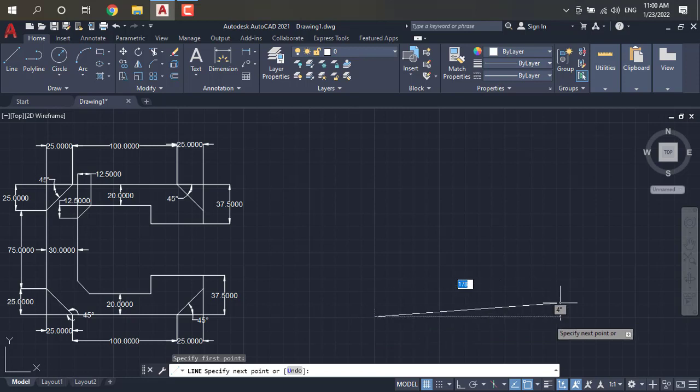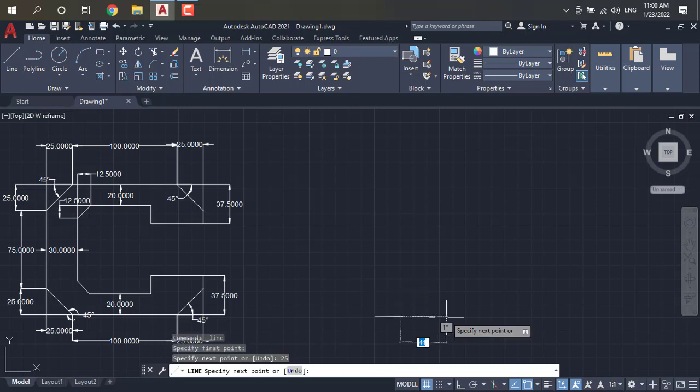The distance is initially 25, it is 0 degrees, it will be 25. Just press enter and extend this like 100.